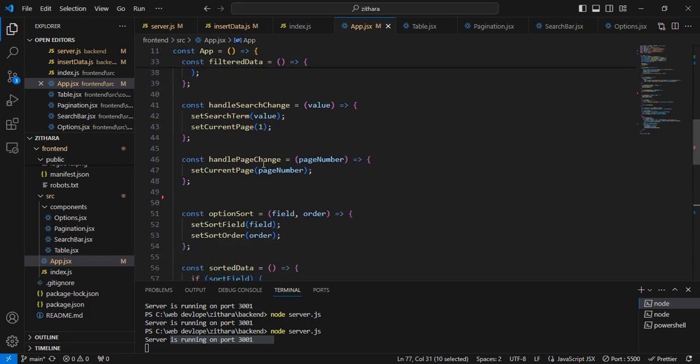Next, const handleSearchChange. Set the search value and set the current page. Whenever we are searching the data,